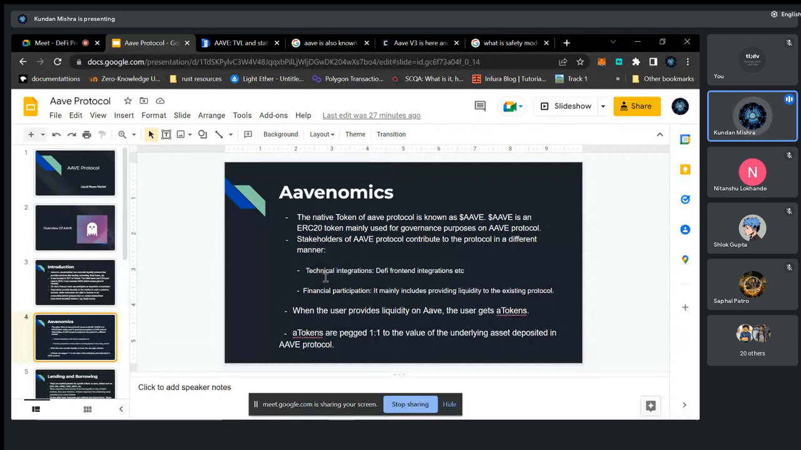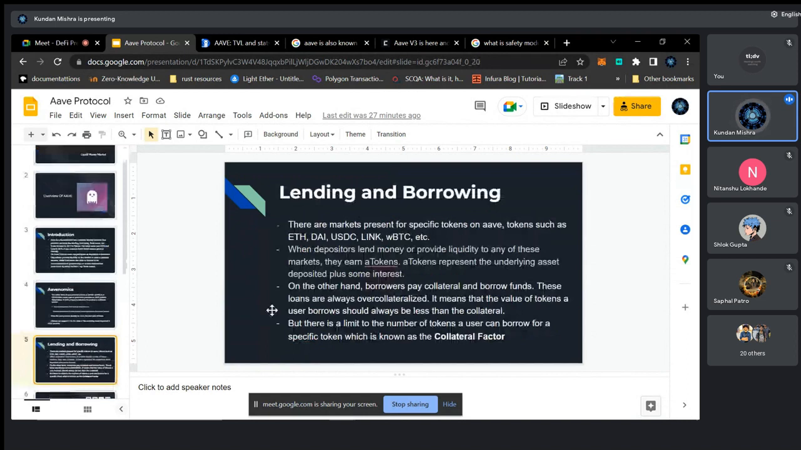When users provide liquidity on Aave, they get A tokens, and these A tokens are pegged 1:1 to the underlying asset they deposit into the Aave protocol. The Aave protocol mainly provides lending and borrowing. So for every specific